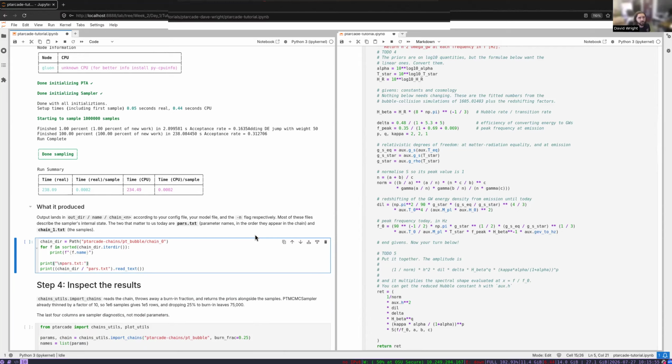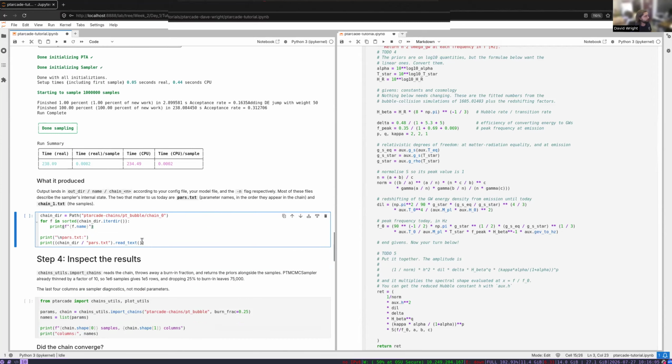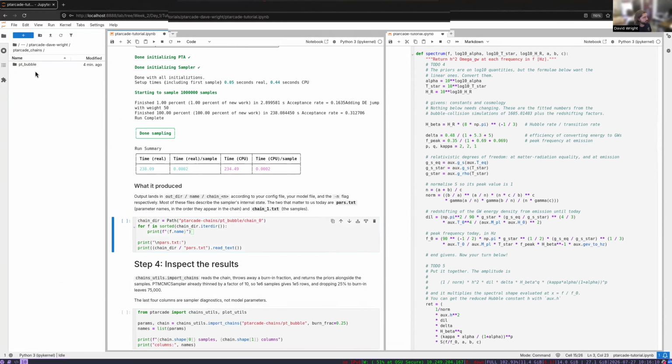Well, for sake of time and to not cut into your lunch, I'm going to just show you the results using my chains. And then when I send out the solutions later, hopefully you can go through and finish if that's something that you'd like to do. All right, so now we have outputs in the output directory we wrote down,